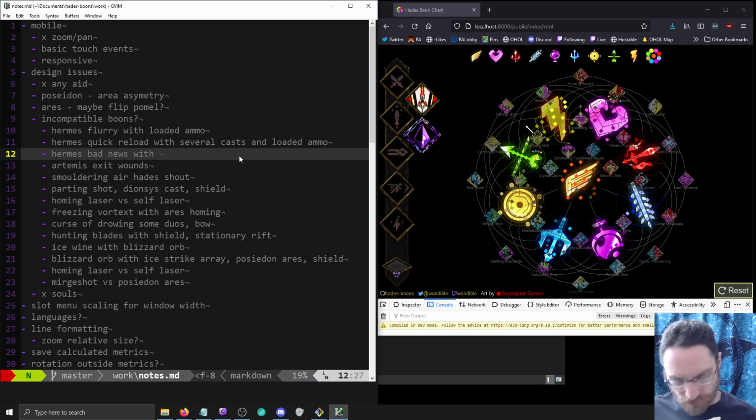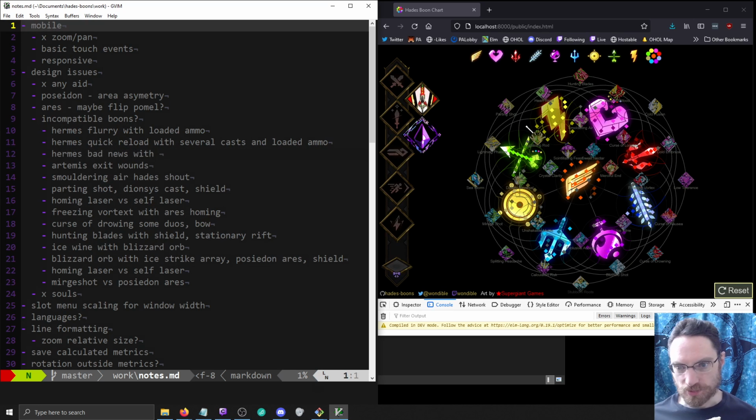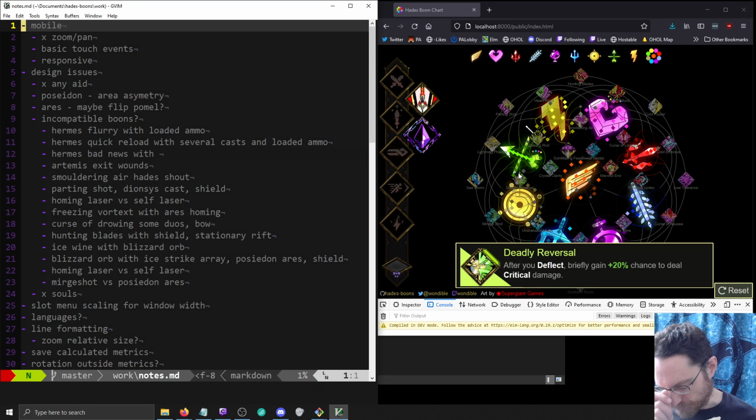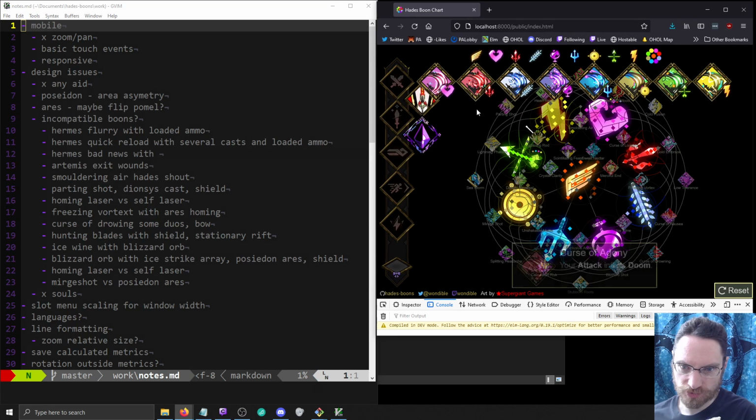We're having some trouble with touch events. Last time, the canvas renderer was running really terrible on the mobile device. I want to see if SVG is any better, but I was also playing around with stuff, and